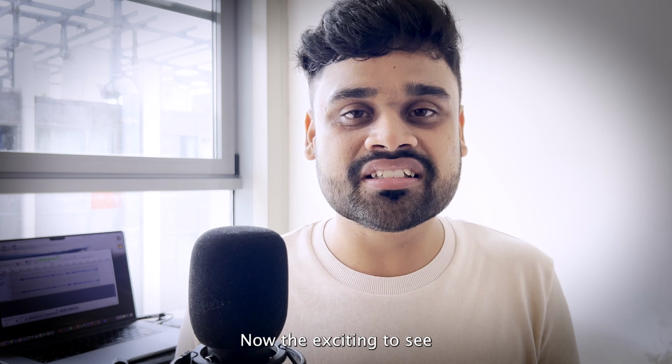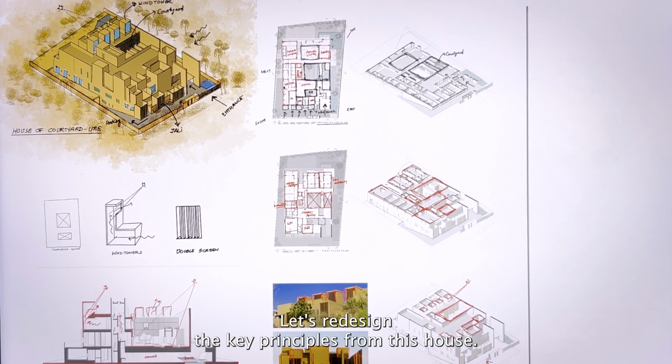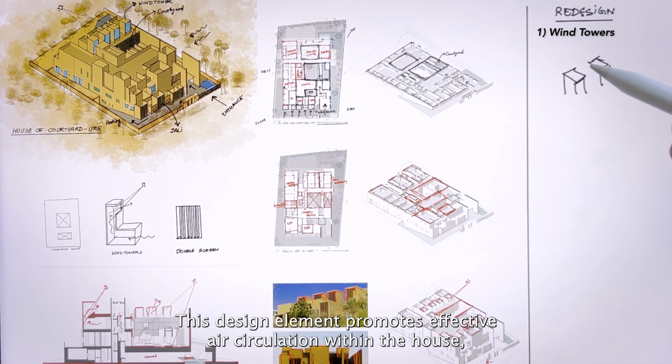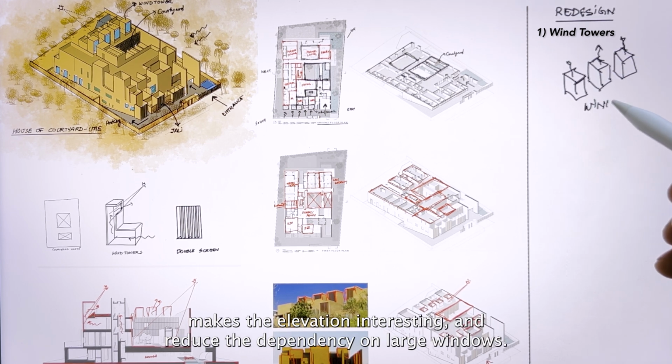Now the exciting question is how we can implement these design principles into our design. Let's redesign the key principles from this house. The first and most important principle we can use is the implementation of wind towers. This design element promotes effective air circulation within the house, makes the elevation interesting and reduces the dependency on large